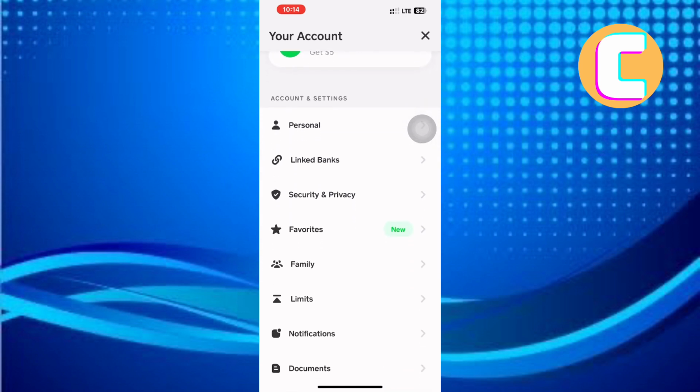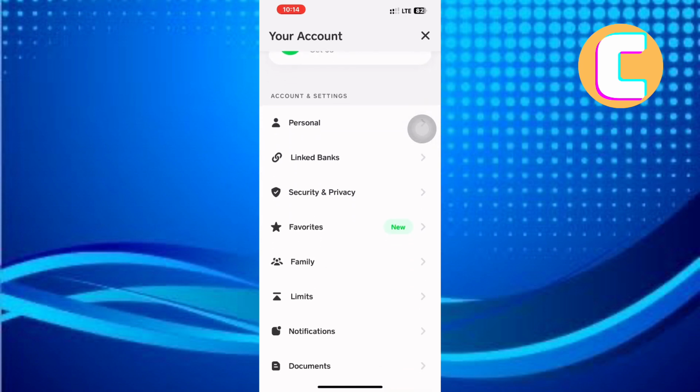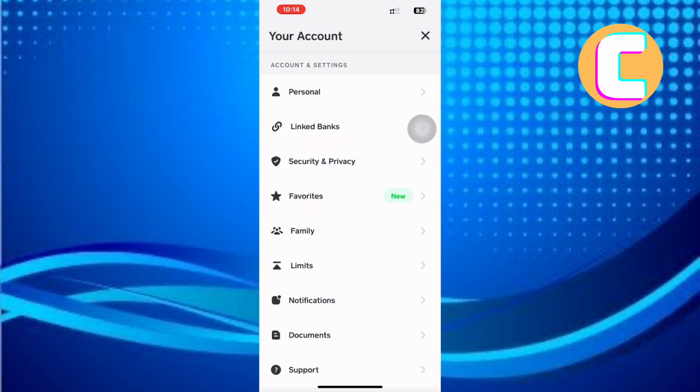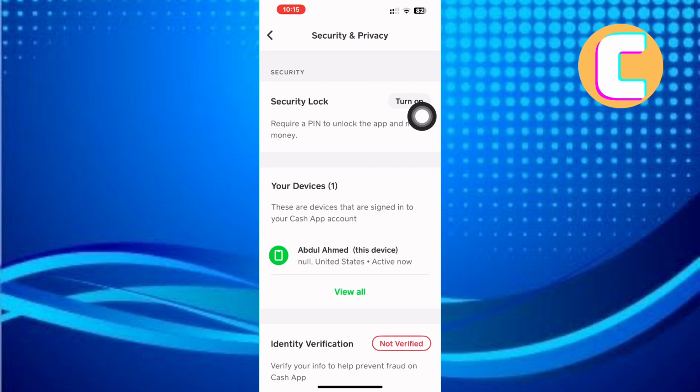Under this section, there are several options such as Personal, Linked Banks, Security and Privacy, Favorites, Family, Limits, and Notifications. From these options, tap on this one named Security and Privacy. This is the security and privacy page of the app where you can find important security features such as verifying